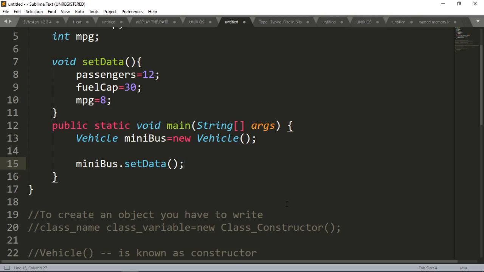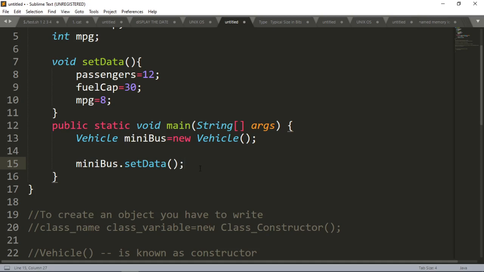That means if you want to link a member of the class with the object name, then you have to use this dot operator. Look here: minibus is the name of the object, and setData is a member method. Member method and member data are both members of the class vehicle. Now if I want to link the object name minibus with a member of the class, then I have to use the dot operator.